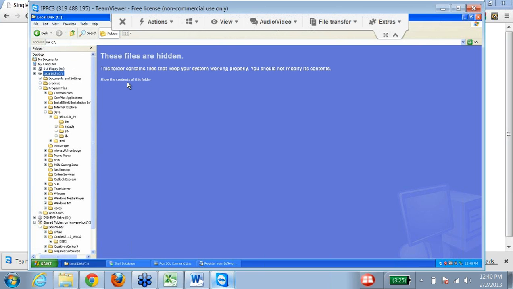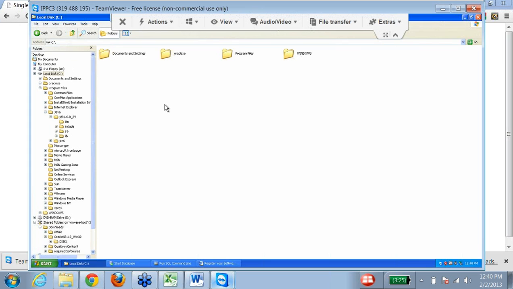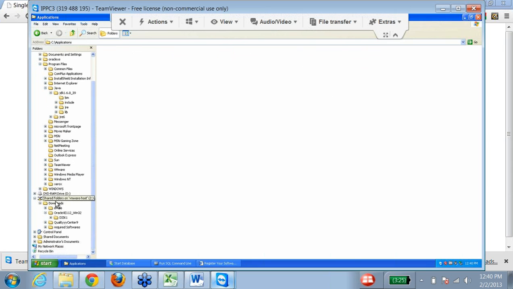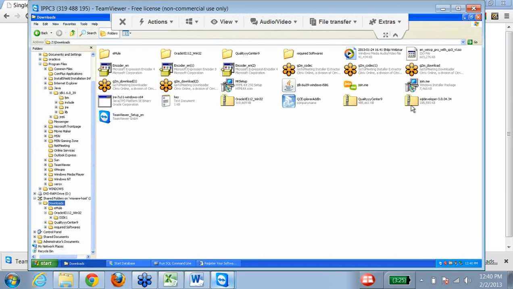I can create a folder here. In my C drive, I'm creating a folder called applications. And I'll go back and unzip in that particular folder.